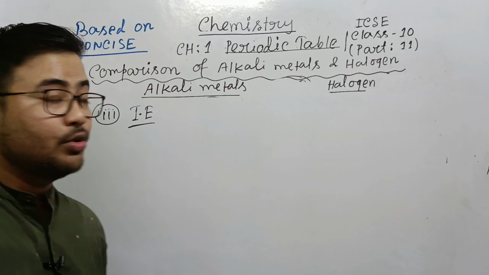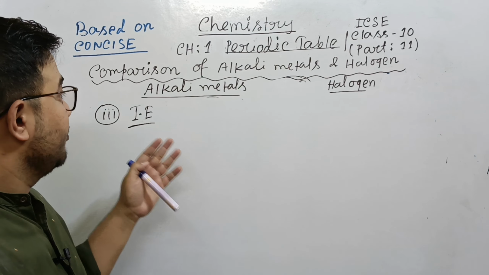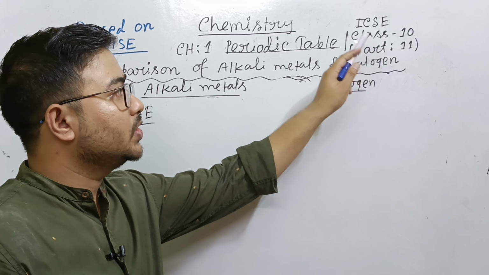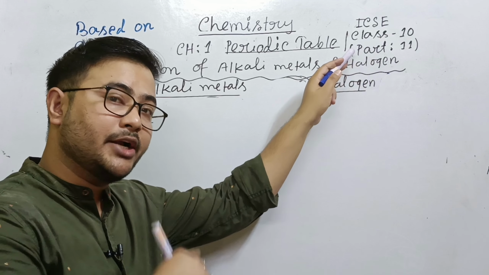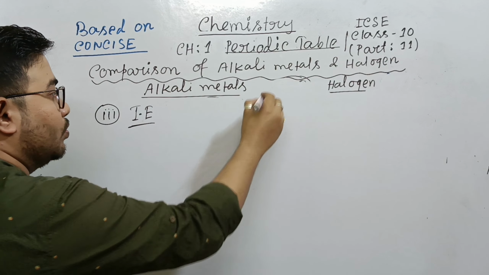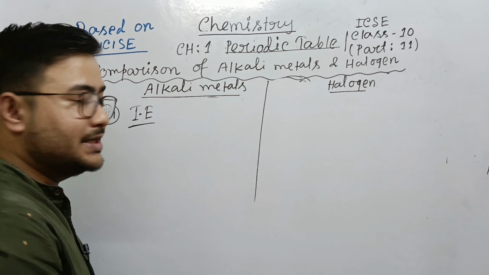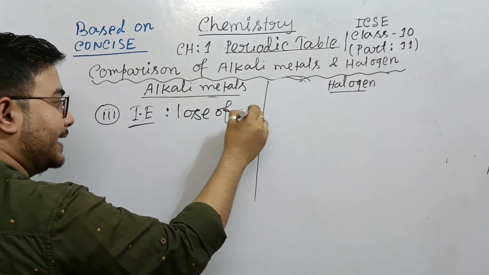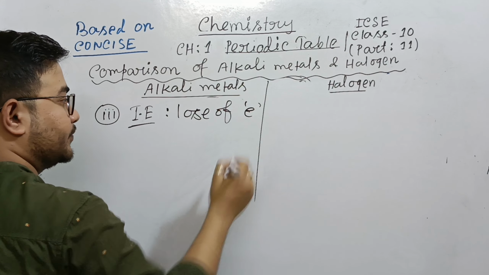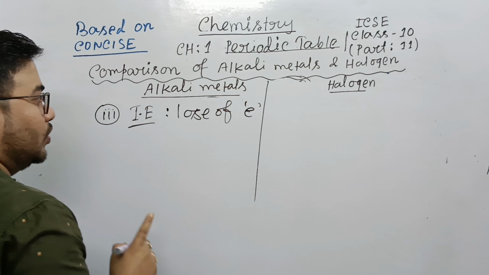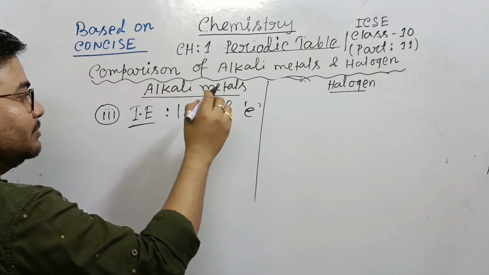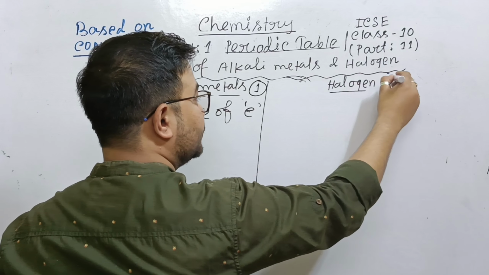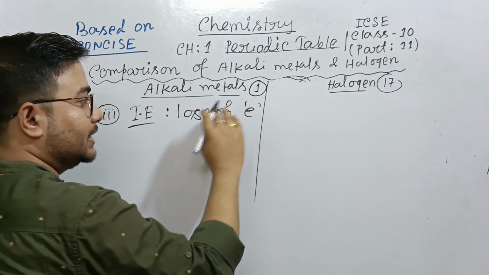Now look at the board. You can make your own note if you have completed the previous 1 to 10 parts. What is ionization energy? Ionization energy means loss of an electron. Now all of you know alkali metals means which group? Group 1. Halogen means group 17. So alkali metal